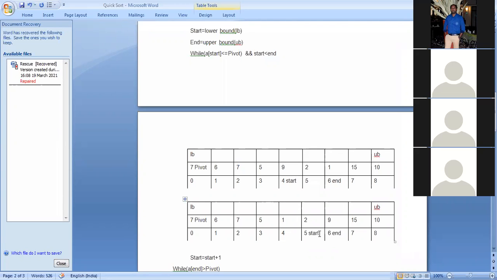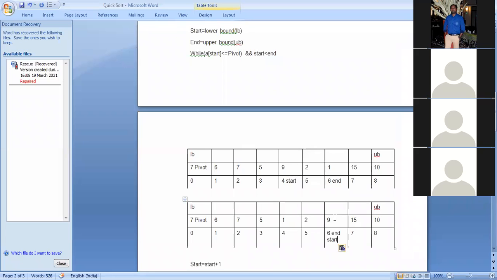So now a start is in this position. Now again we'll check a start is less than equals to pivot. 9 is less than equals to pivot. Condition is false. So now we stop here.